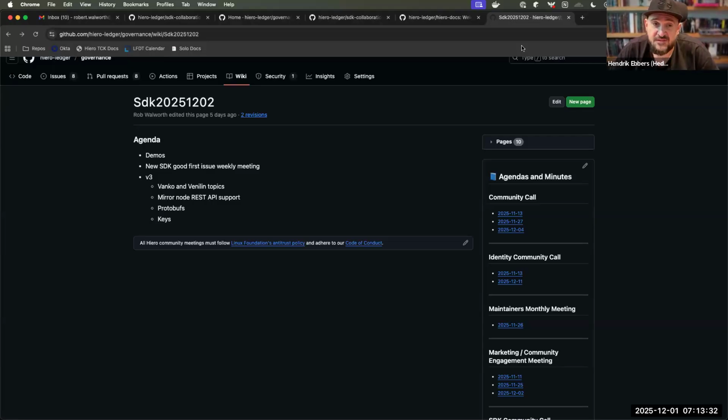But I think V3 is a little bit different, because what we are seeing today is that the SDKs at some points are based on architecture decisions that have been made some years ago, and it's complicated to move forward. It's complicated to create a very good developer experience with the growing SDKs, and moving that into another direction will need breaking changes. So we will have breaking changes in the SDKs.